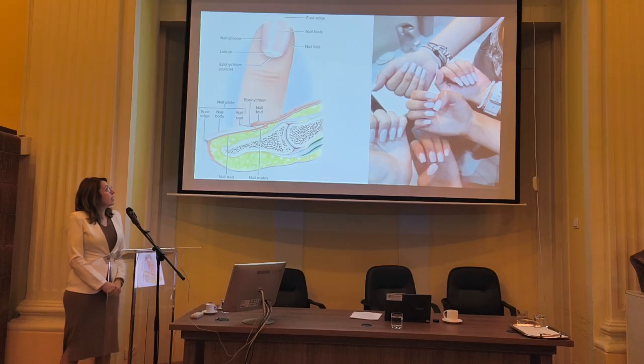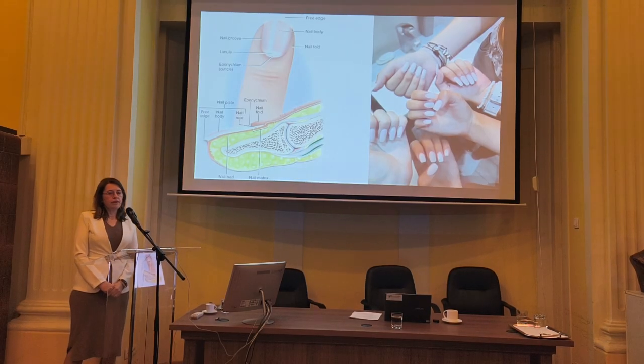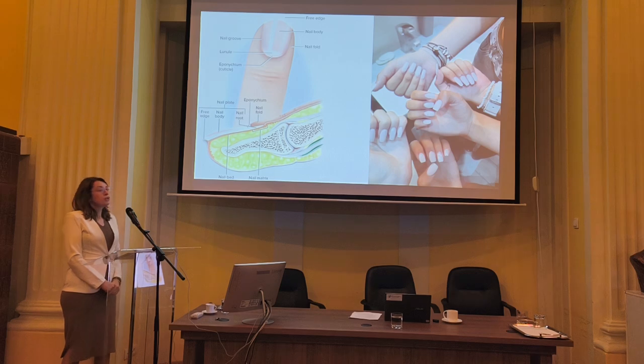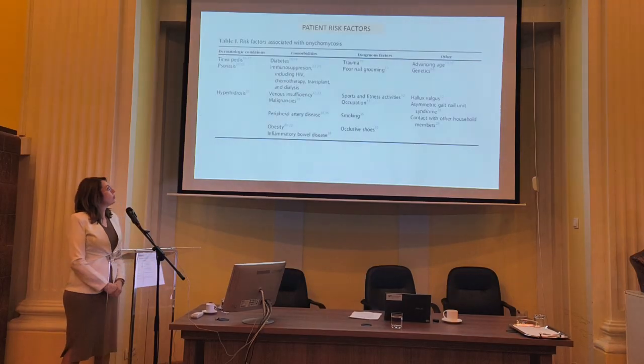The specific nail anatomy is very important for understanding the clinical presentation, the persistence of fungal infection, and the treatment problems we do have. Also, the problems in detection and in the isolation of the